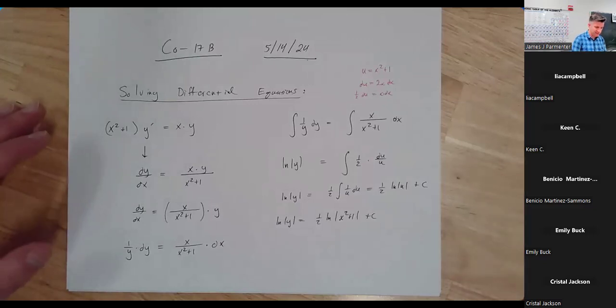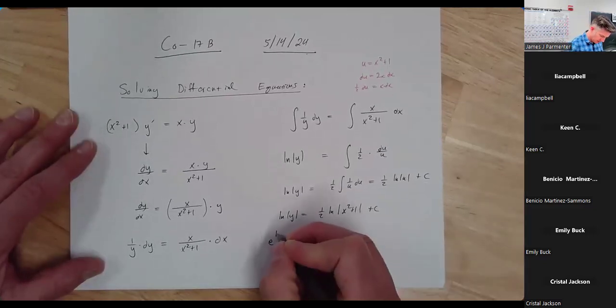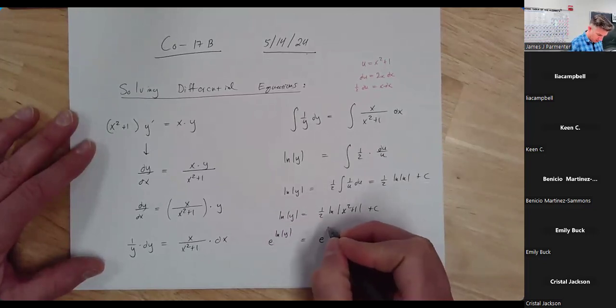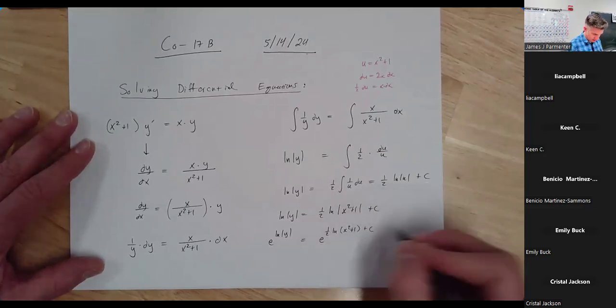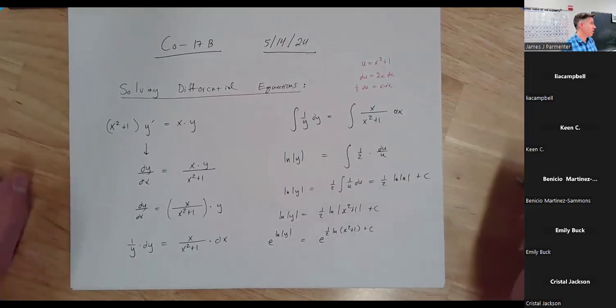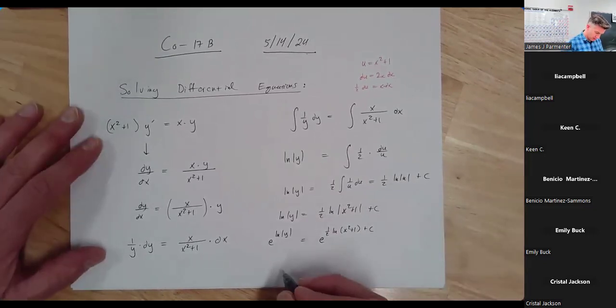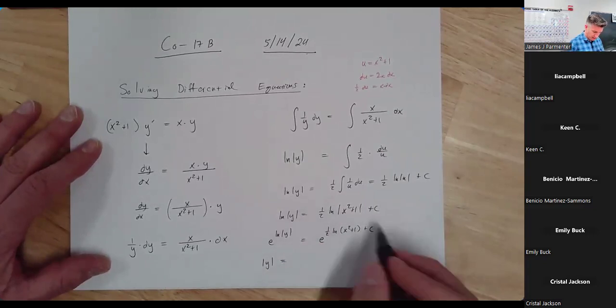So here's where things are a little bit gross. We're going to say that e to the natural log of the absolute value of y is equal to e to the 1/2 natural log. If I'm dropping the absolute values here, I'll talk about y in a second, plus c. X squared plus 1 is already always positive. We don't need the absolute values there. And then we're going to say that the absolute value of y is equal to, check this out,